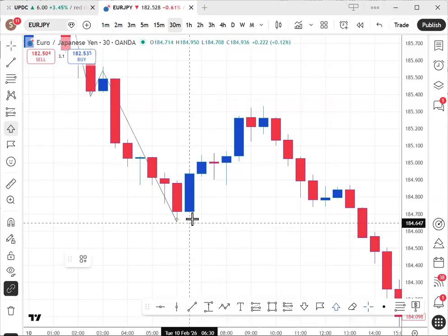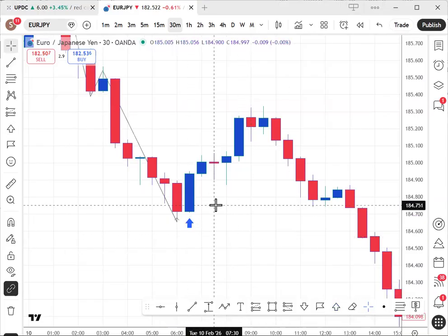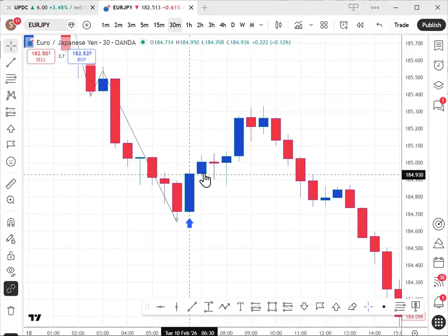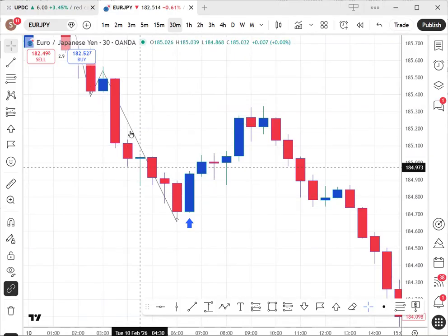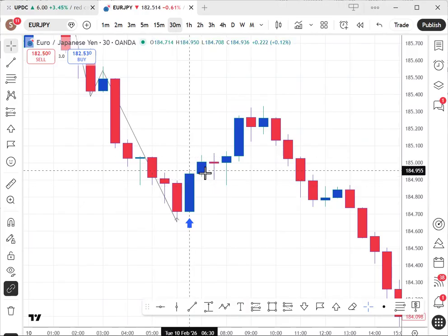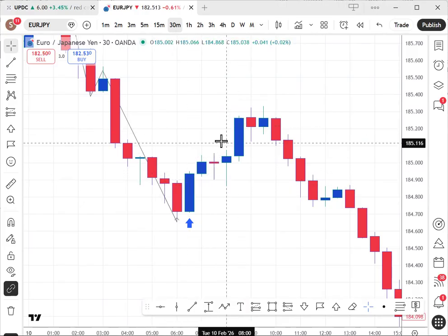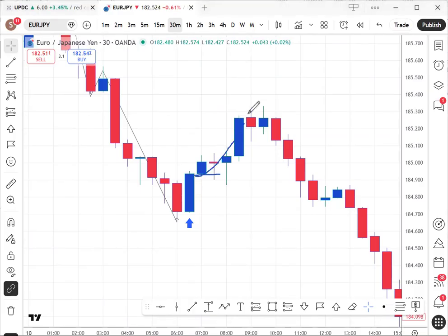So you see a nice bullish engulfing candle right there. You take your entry. You know that yes, price is trending downwards, but you want to take a quick trade, like a scalping type trade. So you take that scalp trade from there, and then price goes up very nicely. But look at this.